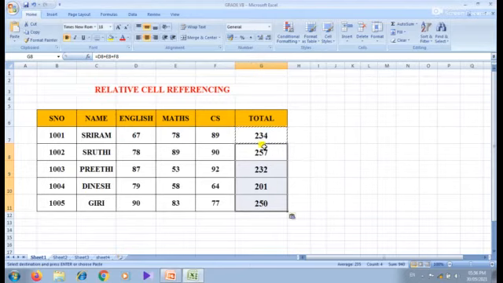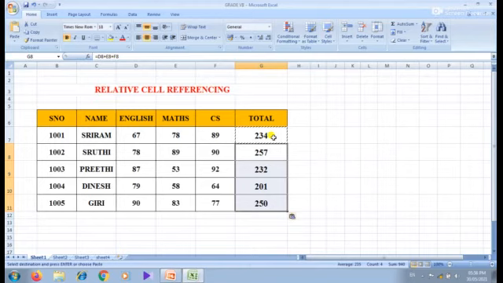Did you understand, student? Here I entered the formula only in the first cell, G7. For the remaining cells I copied this formula. Immediately we get the answer.